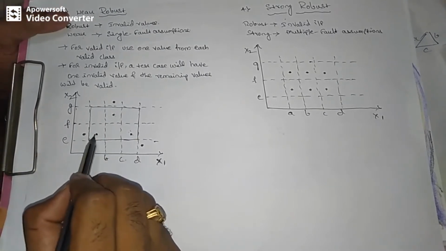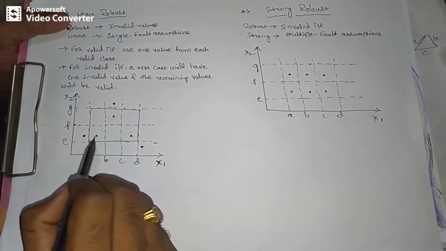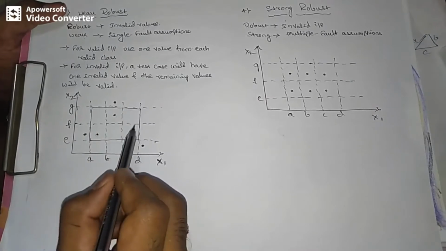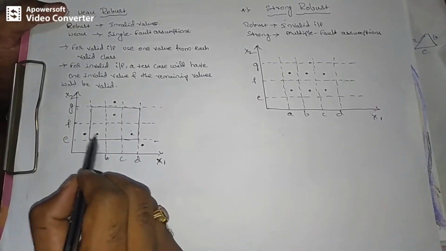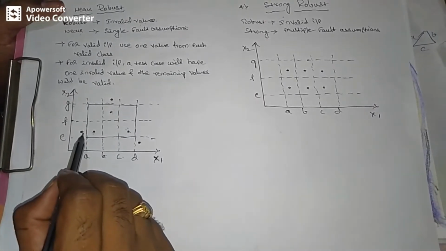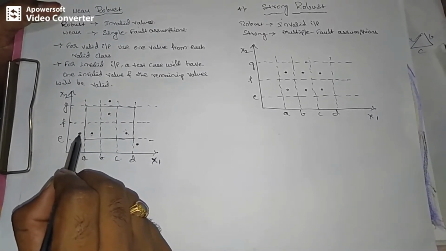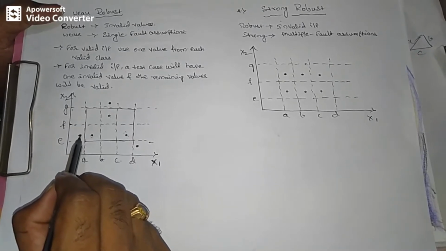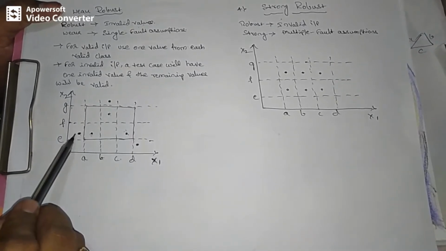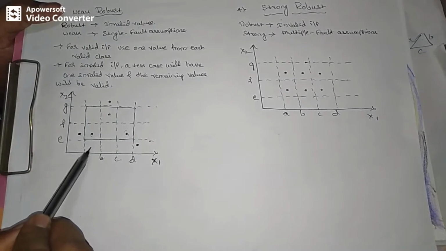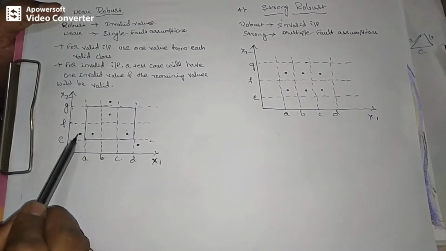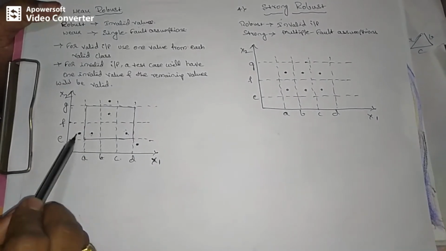Now, for the partitions you selected as valid input variables, we have to select one invalid input variable. For example, this is the valid input variable. For this, I need to write one test case with an invalid input variable. Either you can select this partition or this partition or this partition. So these three are the invalid inputs.